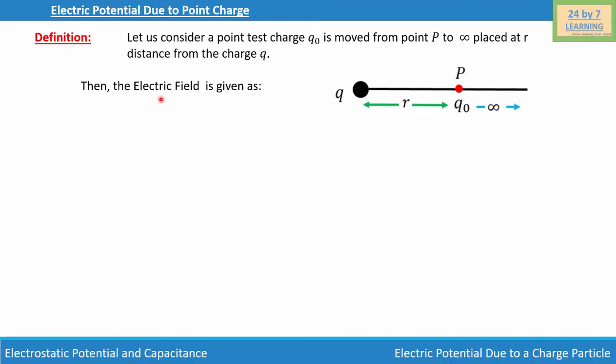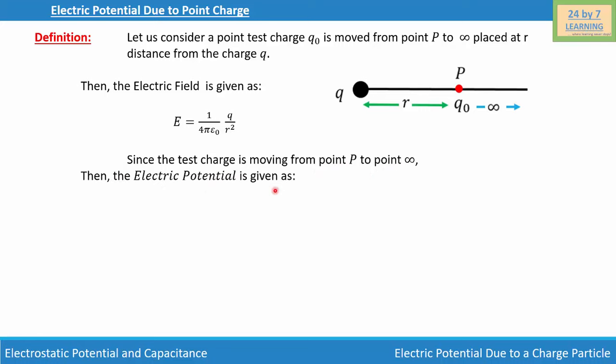Then the electric field is given as, so basically what we are doing, we are trying to find the electric field at point P, and that would be E is equal to 1 over 4 pi epsilon 0 Q over r square. Since we are moving the test charge from point P to infinity, then the electric potential is given